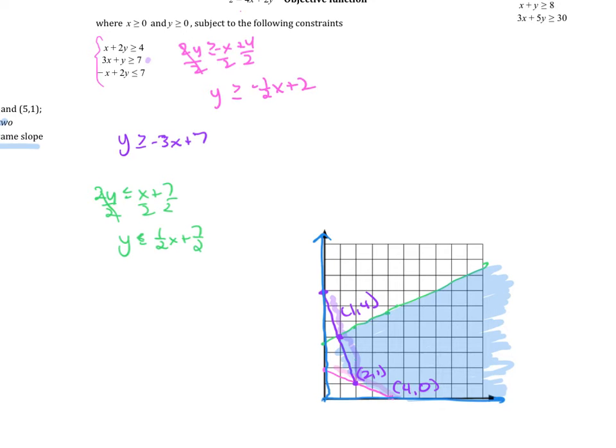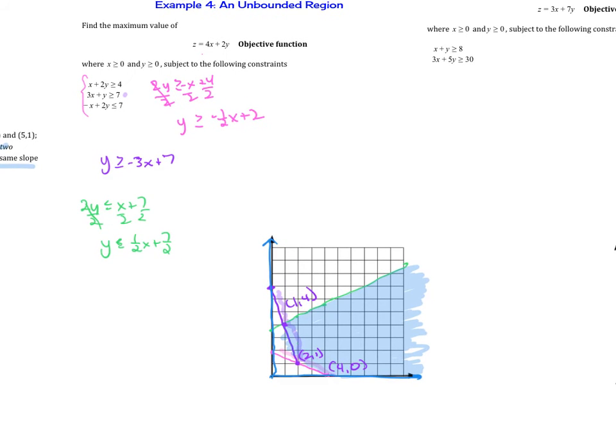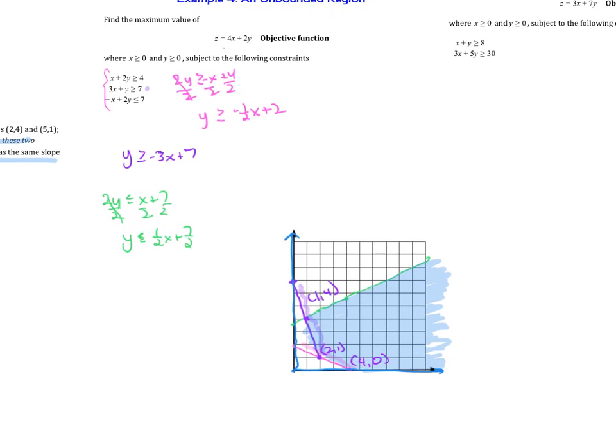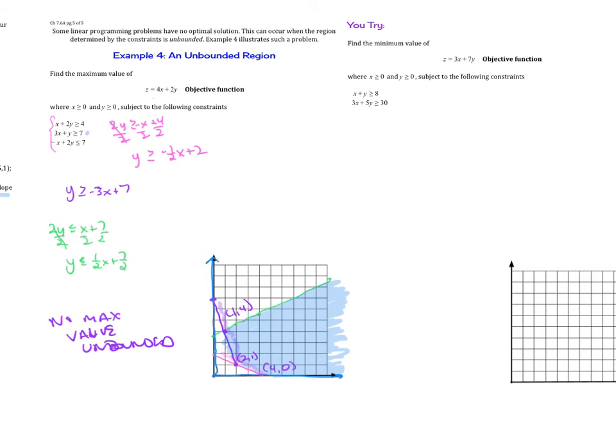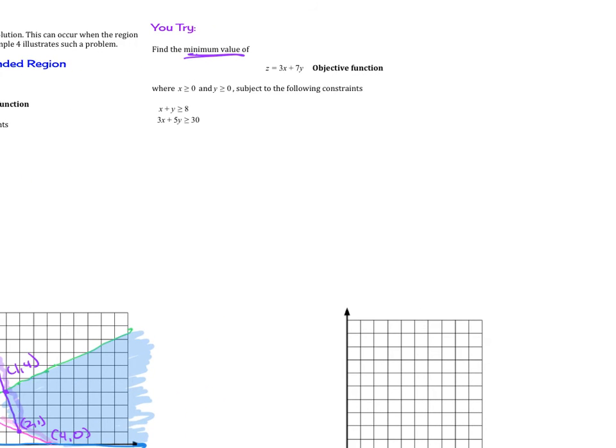In this case, we're asked to find the maximum value. We actually can't find our maximum value, but in the homework, it's going to ask you to find the maximum and the minimum value. So you would find the minimum value, whatever that is. You plug in the vertices, but then for the maximum value, you could write no max value, unbounded. But you could find a minimum value, right? So it's one of these 3 points here. Now here, this is asking for finding the minimum value. So go ahead and